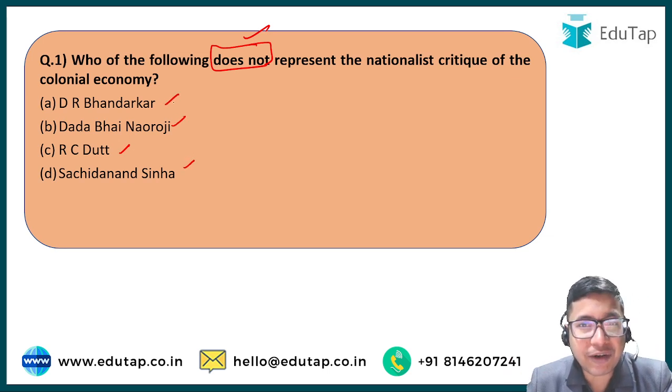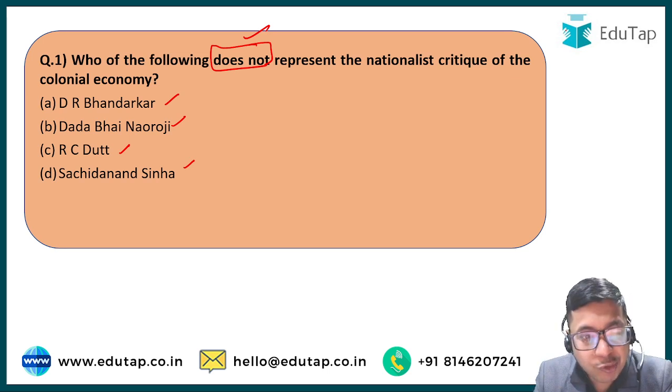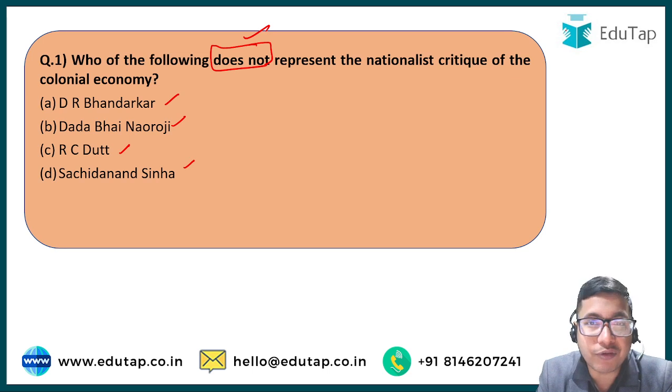There were many freedom fighters who were very intellectual and moderate in their approach, and they criticized the British policies of draining the wealth out of our country, India. Right? They wrote several books or research papers, and they showed the world how Indian wealth was being taken out of the country. Indian people, Indian masses were being impoverished at the cost of enriching the British coffers or the British capitalists. So who of the following was not one of them?